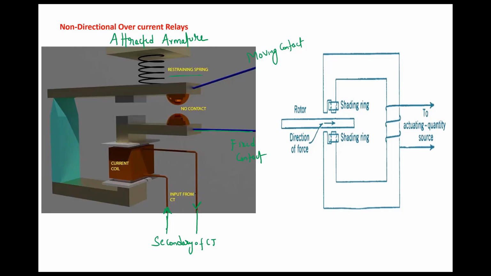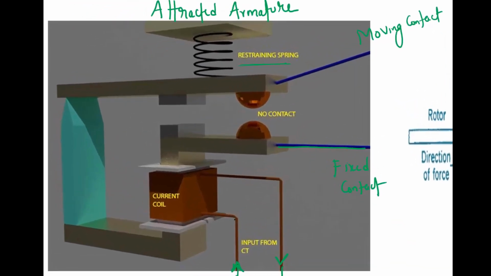The operating force is generated by the secondary CT current, and the restraining force is provided by the spring. When the current through the CT exceeds some threshold value, some pickup value, which we'll discuss next, the magnetic force of attraction dominates the restraining force of the spring. In that case, the fixed and moving contacts get connected, and the NO, normally open contact, will become